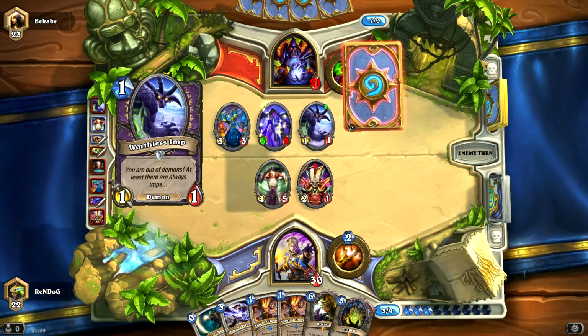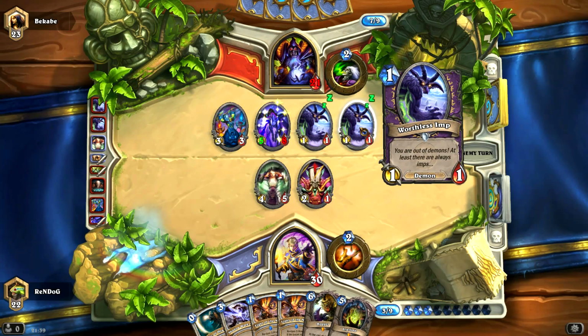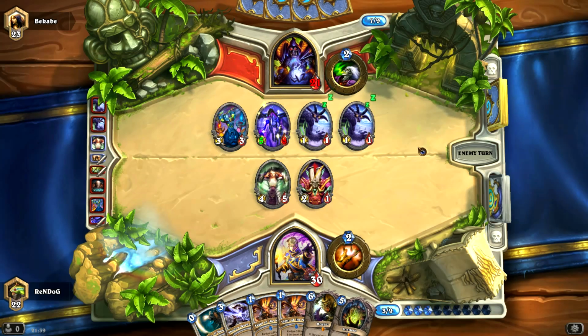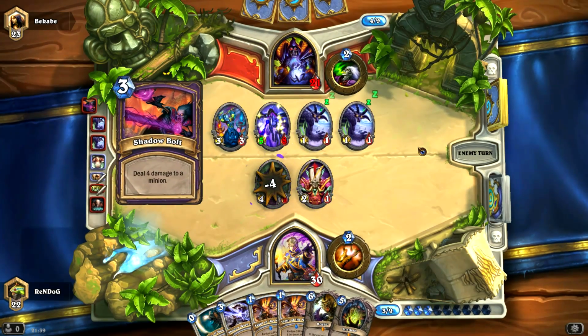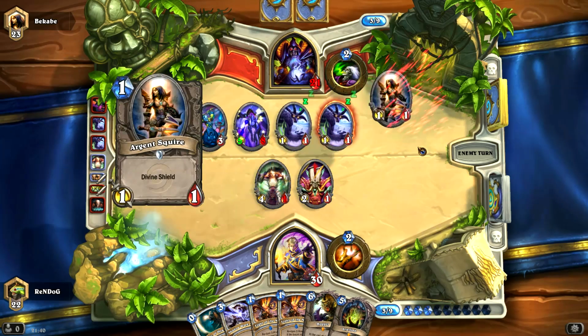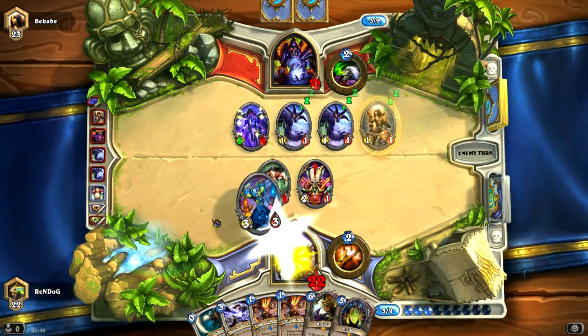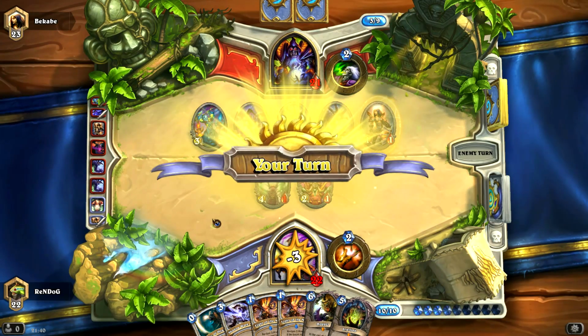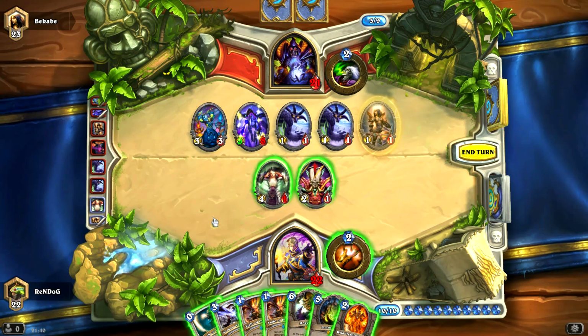Worthless Imp. Okay. Oh, that's what he got from his Sense Demons. Just 1/1 demons. Nice. Not very scary, I must say. Alright, Shadow Bolt's going to deal 4 damage to our Cabal Shadow Priest. And I think he's going for the face. Alright. He's going straight for the face. Wild Pyromancer is extremely interesting. Because we can actually...